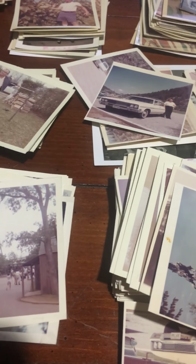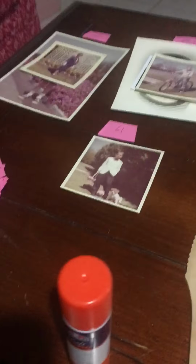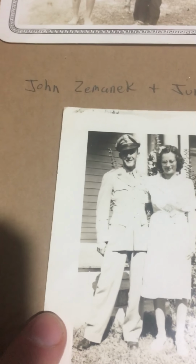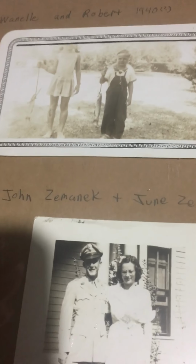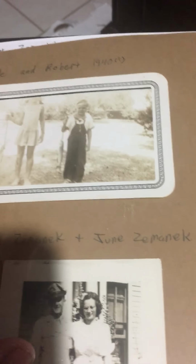Sometimes the pictures were different. Here, I'll get this one out. Some of the pictures had different film printing on them, so we went by that. For example, this one had this border on it, whereas this one had this border, so we know this wasn't taken on the same roll of film. So we can deduce from that these pictures weren't taken at the same time, maybe approximately the same time, but